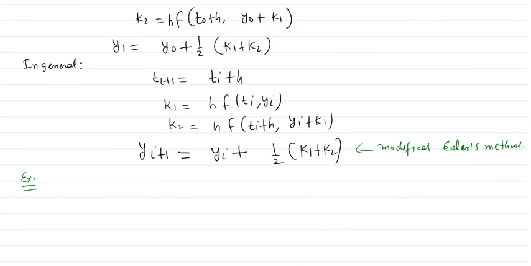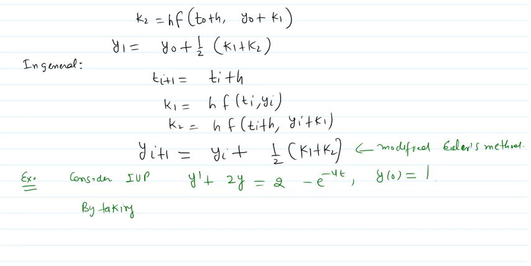So take the first example, which says that you have the initial value problem dy by dt plus 2y equal to 2 minus e power minus 4t, y at 0 equals 1. By taking h, that is also called step size h, equal to 0.1,